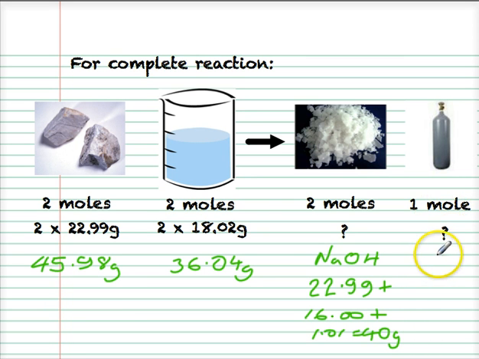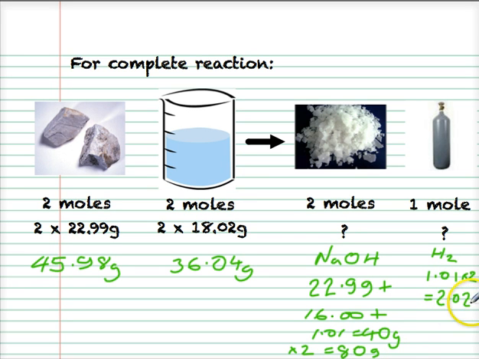1 mole of hydrogen gas, hydrogen, H2, average atomic mass of hydrogen, 1.01. Multiply that by 2, and we get 2.02. Now, going back to sodium hydroxide, this is only the mass of 1 mole, so for the mass of 2 moles, we need to multiply that by 2, which gives us 80 grams. So we're expecting 80 grams of sodium hydroxide and just over 2 grams of hydrogen out of this